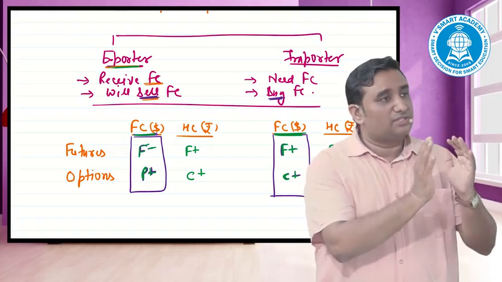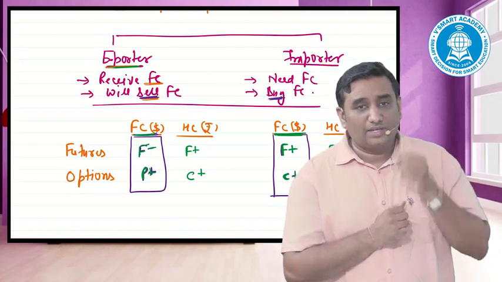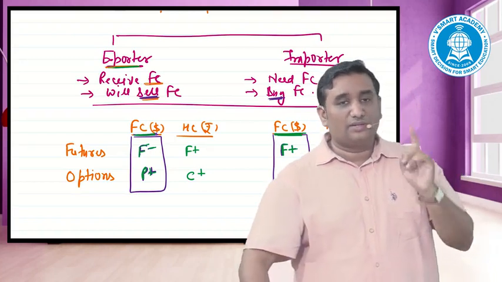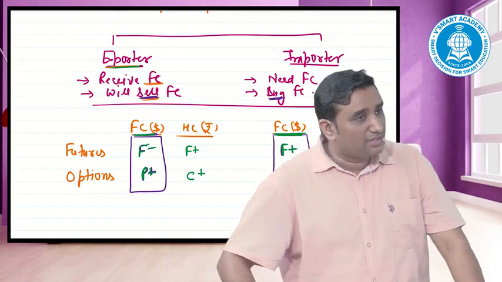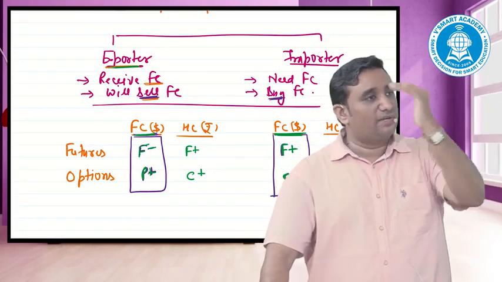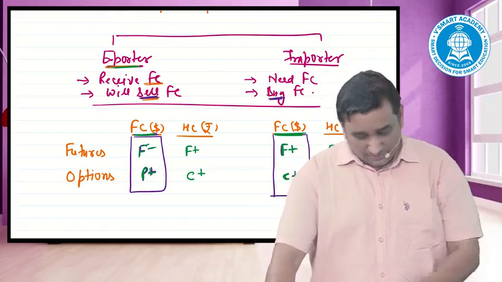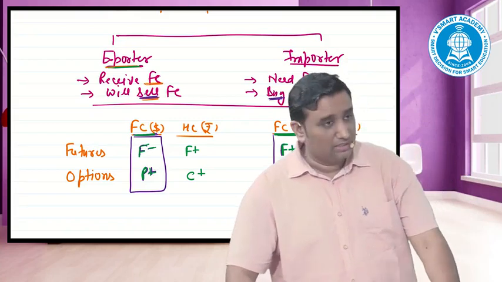Remember the first nomenclature of it. With foreign currency, he would have done what? If the contract is available in that foreign currency, well and good. If the contract is not available in that foreign currency, then the second currency automatically becomes reverse. That means F plus of the first will become F minus of the second. P plus of the first will become C plus of the second part, which comes out. Copy the chart, please. Copy the chart.